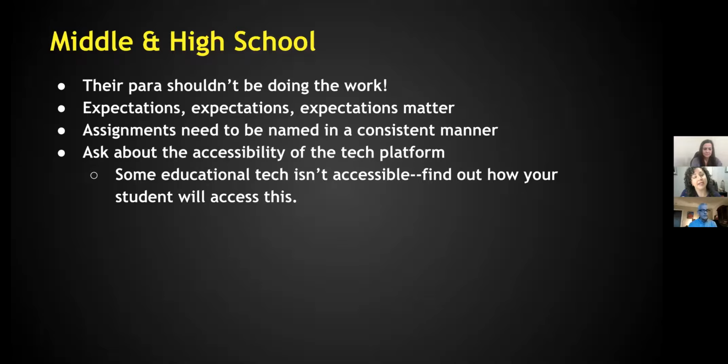So you really need to ask, is there an immersive reader, right? Now that immersive reader feature is becoming more and more popular. Pear Deck already uses it in theirs. Nearpod has finally come out with all of their new things, always have that immersive reader, which again, benefits everybody, not just our students. But you really want to make sure the best way to do this, send it over